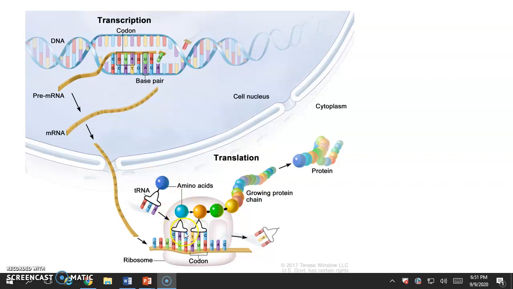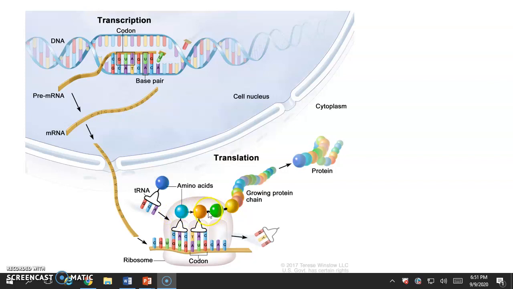So each of these transfer RNAs always carry the same amino acid depending on their base pair sequence. So this is always lysine, it has a base pair of CAC, and this is always phenylalanine because it has a base pair of GCA. So they will bind, and the reason they're binding through hydrogen bonds is just to get that amino acid in place. And so then once the amino acid is in place, so they got it in place here,